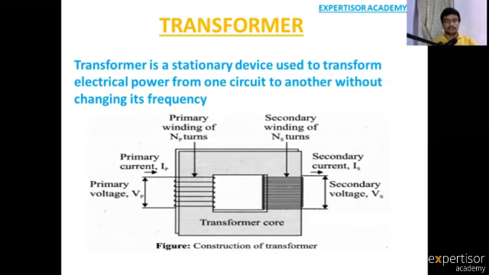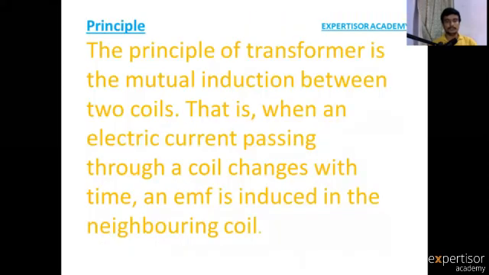See the structure of the transformer. In this transformer, it contains primary coils and secondary coils. In the primary coils, we have primary voltage and primary current. This is secondary voltage and secondary current. Okay, this is the structure of the transformer. Okay, next,